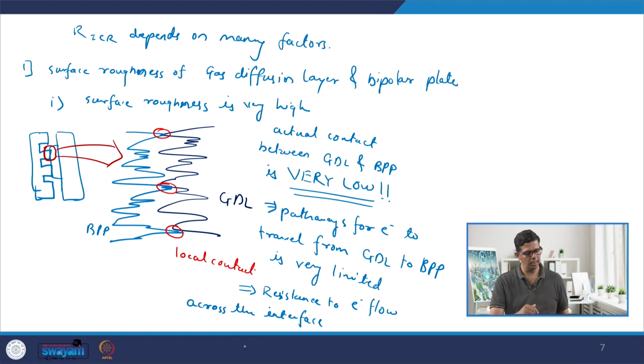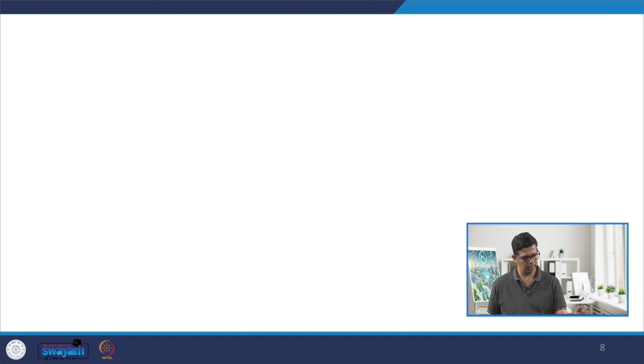This is the case when the surface roughness is high. When we say the roughness is high, let us say this is an uncoated bipolar plate. So, we will see what happens when the bipolar plate is coated, or when the diffusion layer is also coated. So, second case